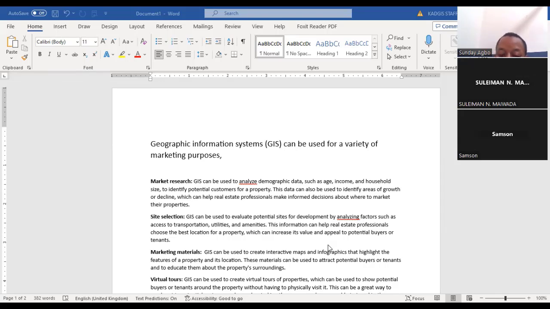Now, for example, you find yourself in an organization that is into estates. As an estate manager, you need to give them advice on where to build their next property. The proximity of the property to the utilities that are needed will help people to buy the property if they build it, or help tenants to rent it. If you don't use that, possibly based on your own assumption,